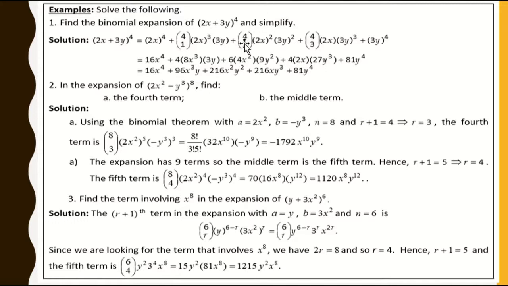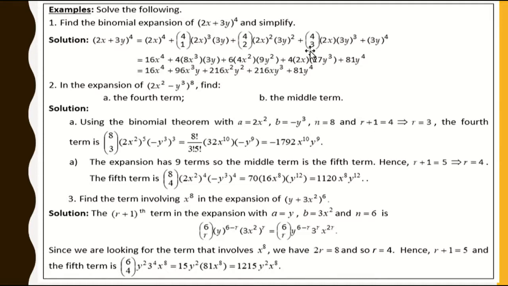So, 4 factorial over 2 factorial is 2 times 2 factorial, so 4 is the denominator. The result is 3 times 2 times 1 left, so that is 6. Then times 2 squared, that is 4x squared, times 3 squared is 9y squared, plus, next,